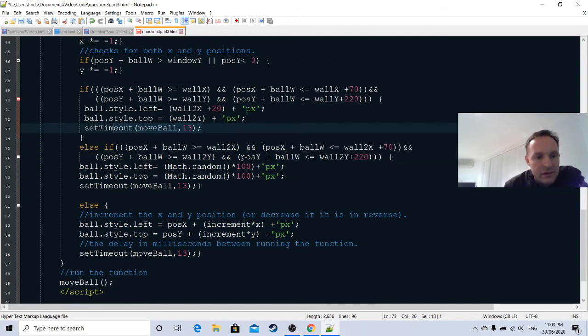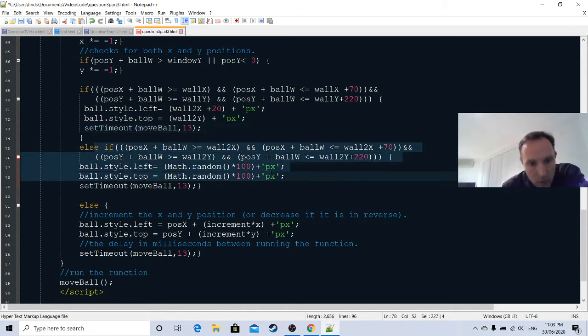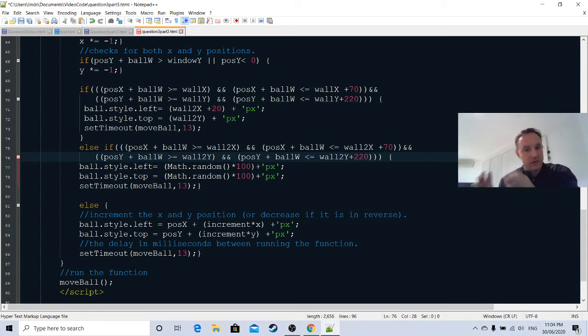All right, and if it doesn't fit that criteria, we also check if it's hitting the second wall. So the same thing up the top. If the ball is greater than the x position of the second wall, and also within the y boundaries of the second wall, then